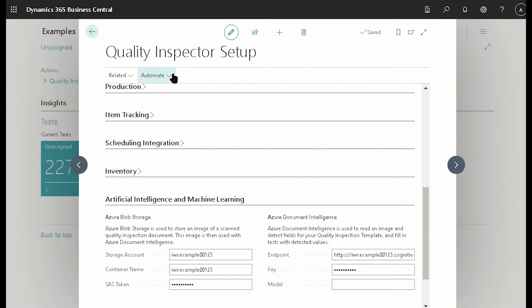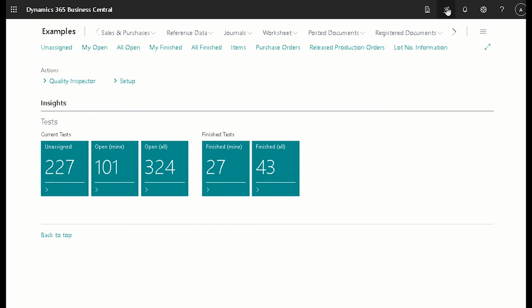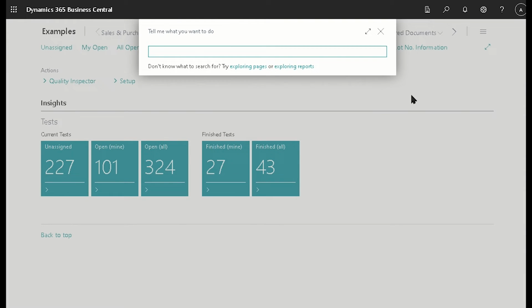Okay, so now the next step is to test this and make sure that it's all connected. So there's two features we're going to use to test this. The first is to scan a document to make sure that it can read the fields and create a template from that. And then we're going to also use a feature to test it by scanning in the same document and fill out the values. So to do that, we're going to close this, and then we're going to head over to the templates.